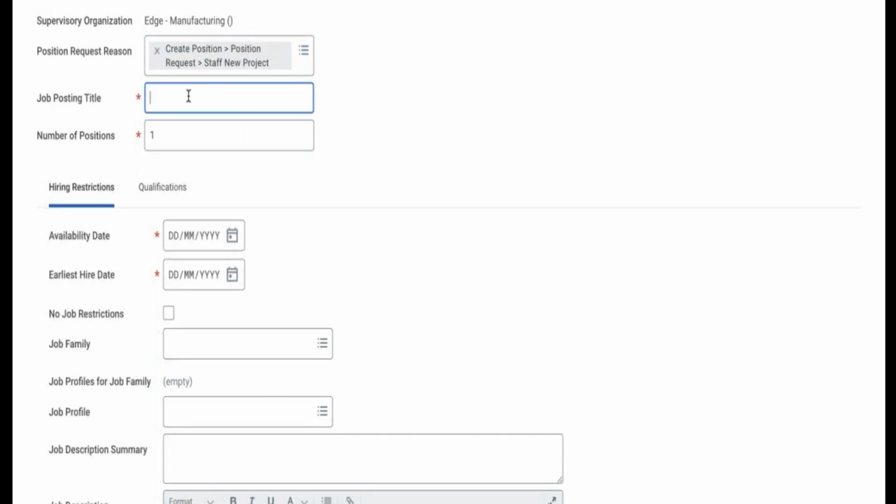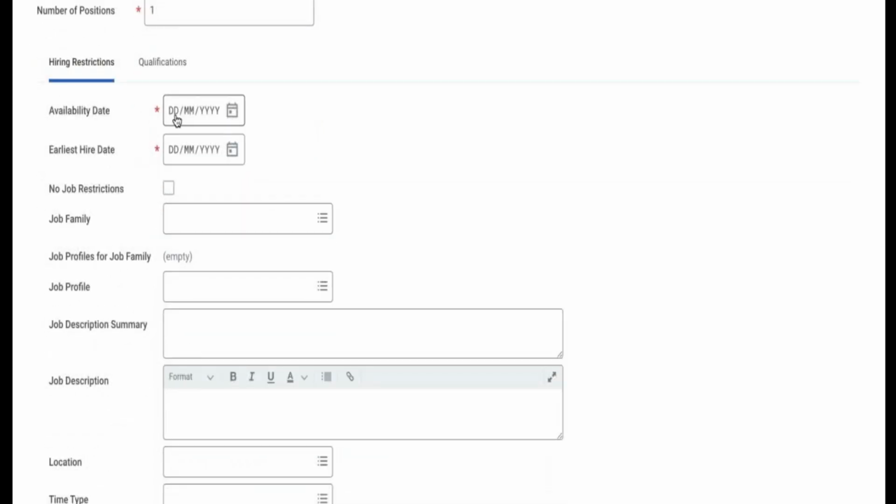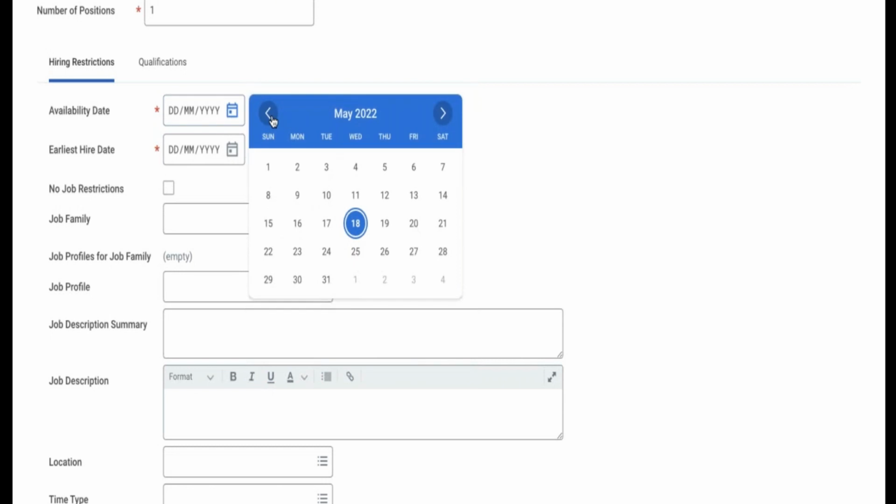Posting title. What is the position title? I'm going to give it as ED, CEO. In real time, we will give just CEO. Number of positions, by default, it will pick up one because we have to specify quantity. This is position management. Availability date. Enter the availability date. From when you want this position in your supervisory organization, it's a kind of an effective date. I'm going to enter 1/1/2022, or you can select the calendar, adjust the dates,